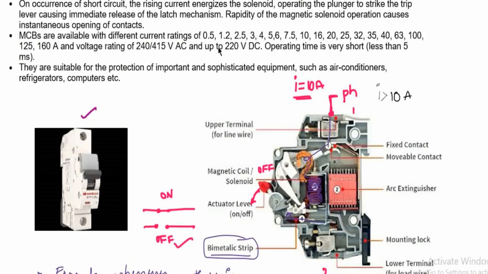So this is the operation here, and here this is the arc extinguisher. Whenever there is an on-load breaking, that means we are breaking the circuit when there is current through the wire. Whenever we turn off a switch when there is a current flow, we are going to get a spark here. That spark will be extinguished by the arc extinguisher. That spark is technically called an arc. That arc should be extinguished to prevent damage to the external parts of the MCB. So this is nothing but the arc extinguisher.